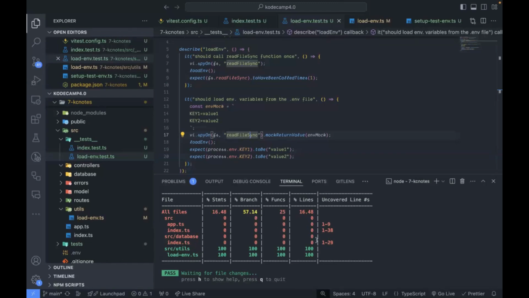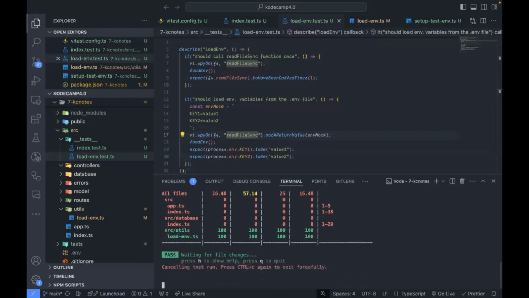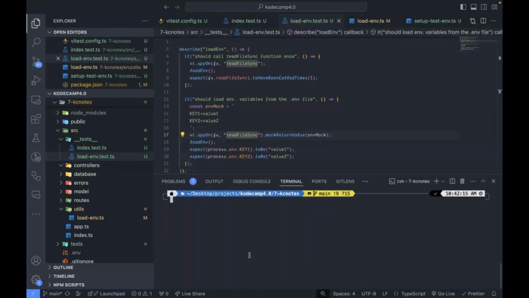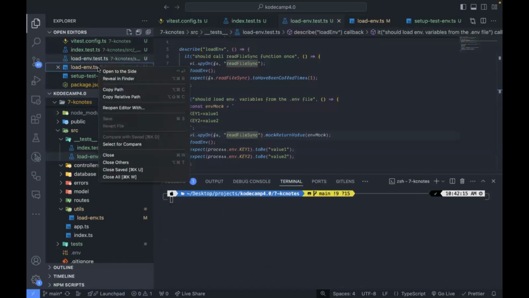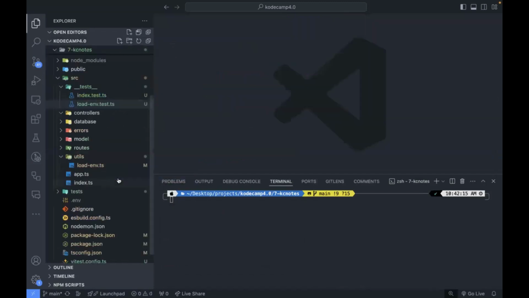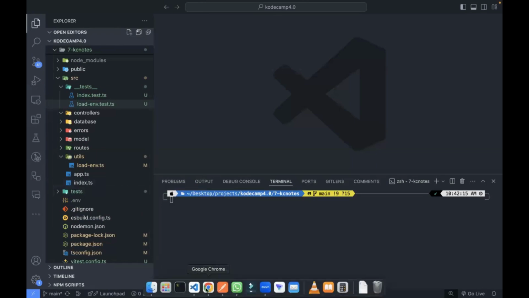These ones, we've not covered anything, but it's showing us that we need to test our database, index TS and the rest. So we've now written our second test, and we've seen how we can write a test. Now the next thing to do here is